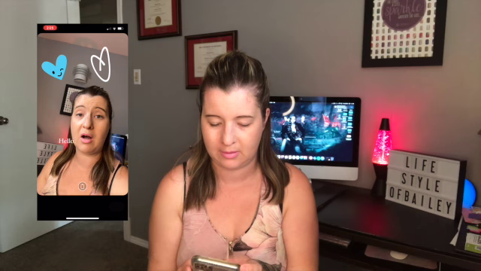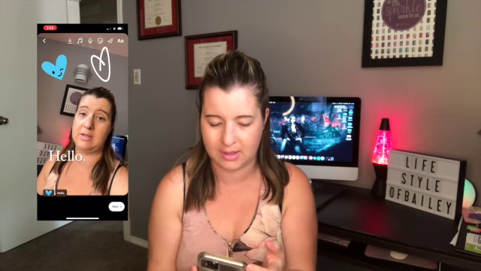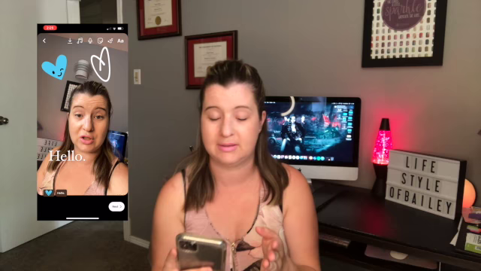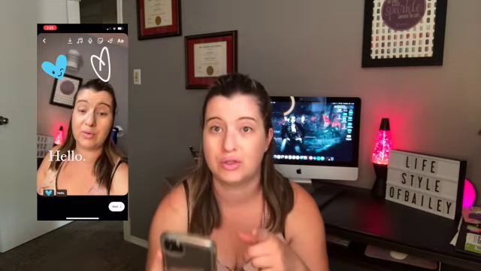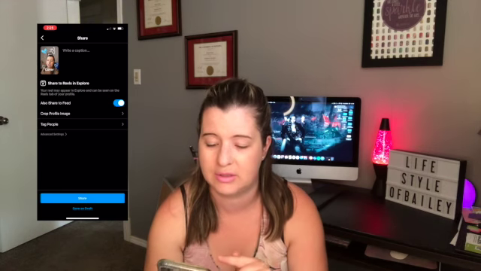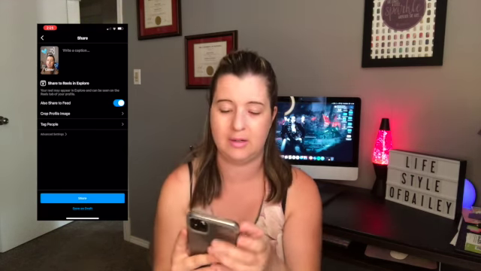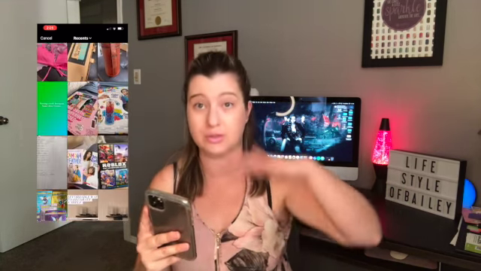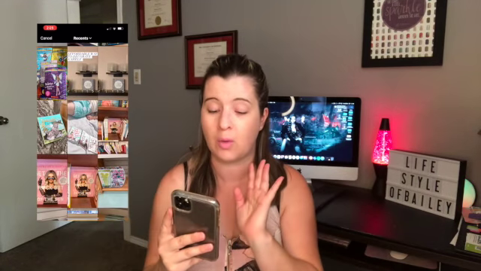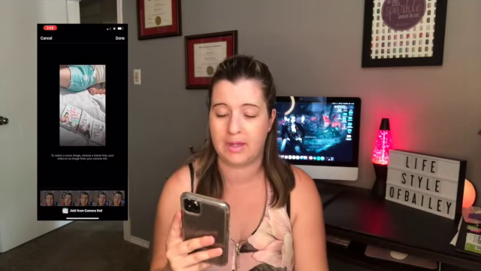Now you can decide to have a cover. If you want to have a cover on your reel, you could change it. You go add from camera roll, and you can say, for example, add a random cover to your reel, go done, and then it will show up as a cover on your reel. Now, there's about 2 or 3 other things you can do here. So it says always share to feed, which is this one right here. You can take it off, which is not going to share to your Instagram feed. It will just go straight to your Instagram reels. Or you can put that on,